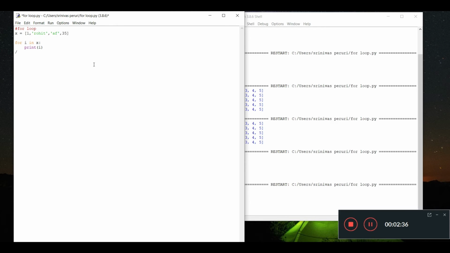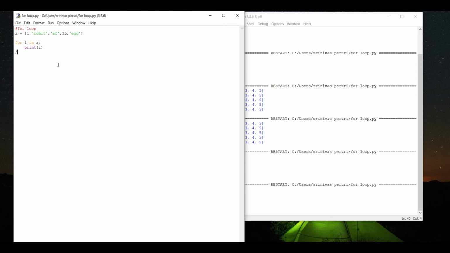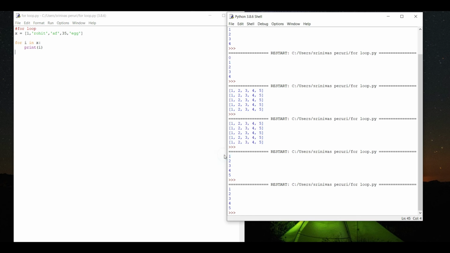After that, I'll take 35. After that, I'll take a set of commands. Do I need to specify each and everything? No, right? So when I run this one, I get an invalid syntax error. Okay, let's debug this one.